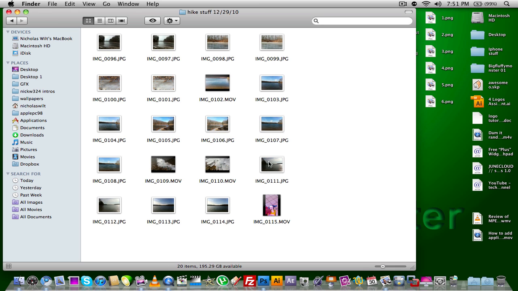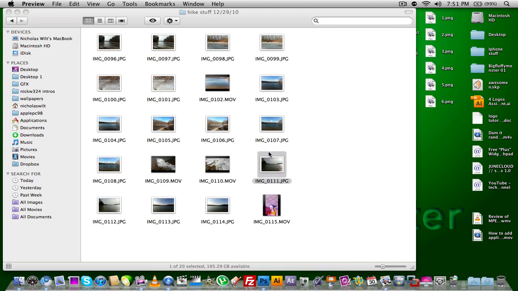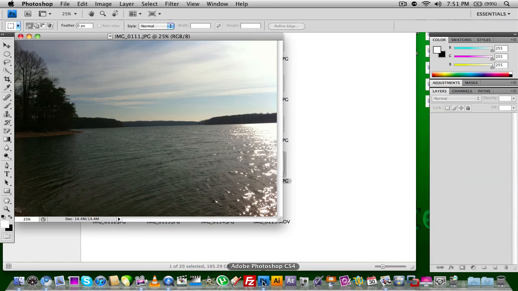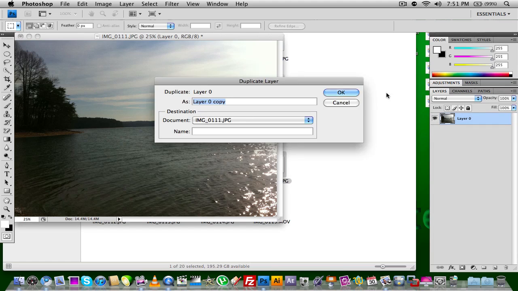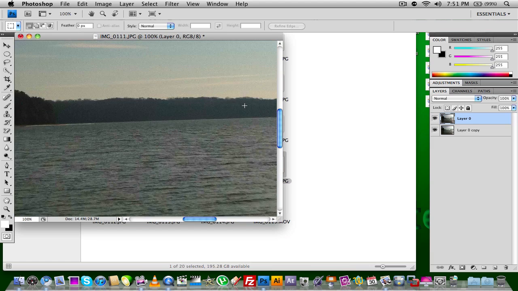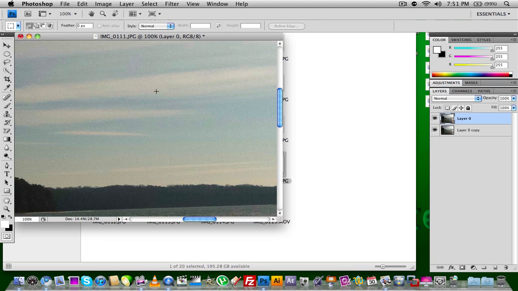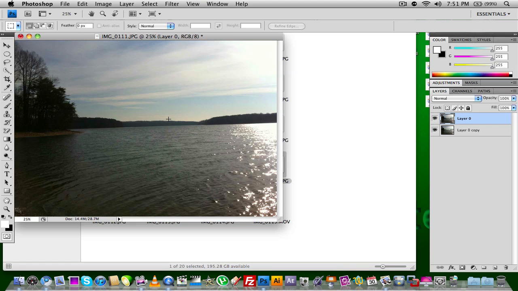So I'm going to choose one of these photos, let's say this one right here. I'm just going to drag that into Photoshop, unlock the background, and duplicate the layer so that we have our workflow solid. Now I'm going to zoom in so you guys can see all of this green right here. If I want to remove that, all I want to do is